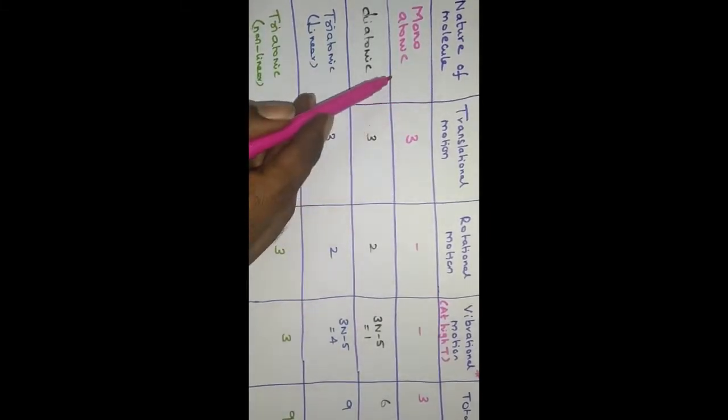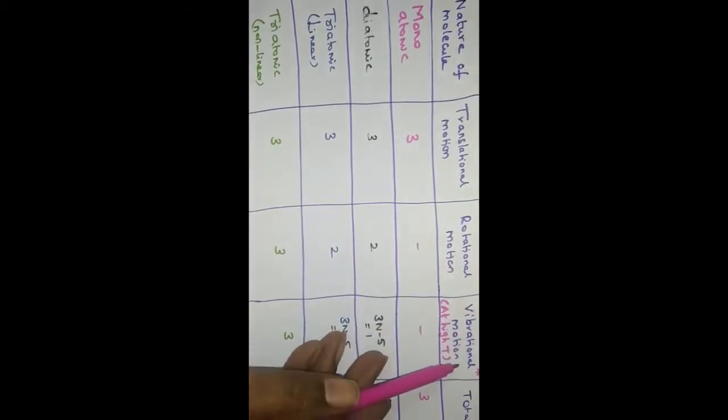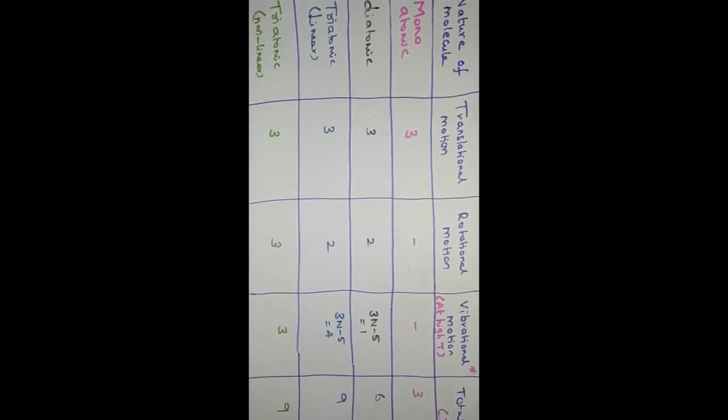Thank you. And this is the summary of what we have discussed. Depending on whether the molecule is monoatomic, diatomic, triatomic linear, or triatomic nonlinear, how many degrees of freedom are there for translational motion, rotational motion, and vibrational motion? So the total degrees of freedom is this. For monoatomic, we have 3 translational, no rotation, no vibration. So 3 degrees of freedom. It is nothing but 3n according to the first definition.